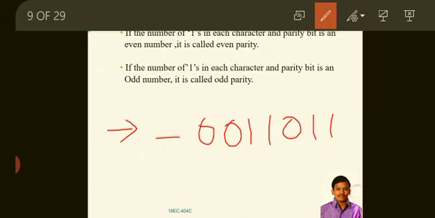In this data, these are the data bits. There are 4 ones, so to satisfy the odd number of ones, we have to add 1. This extra bit is called the parity bit.